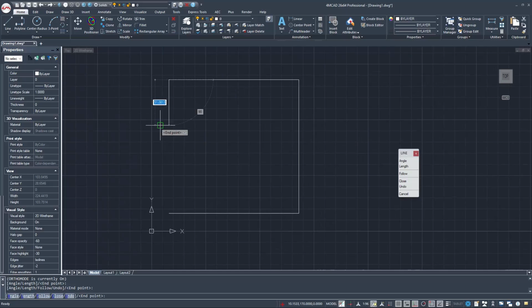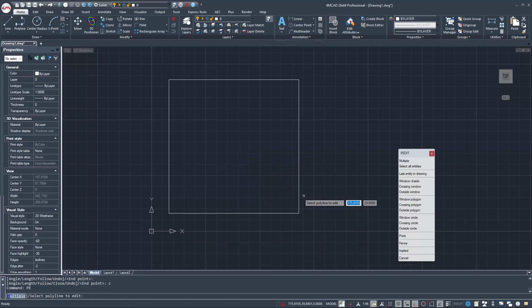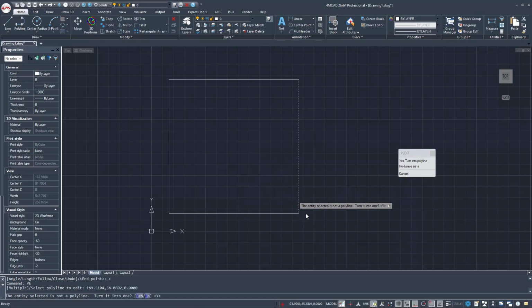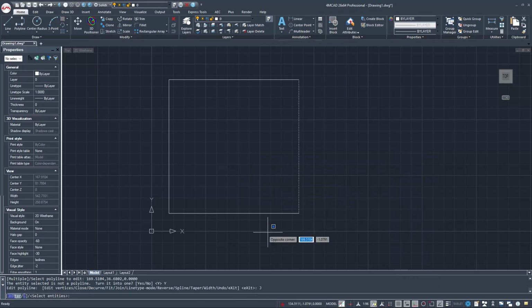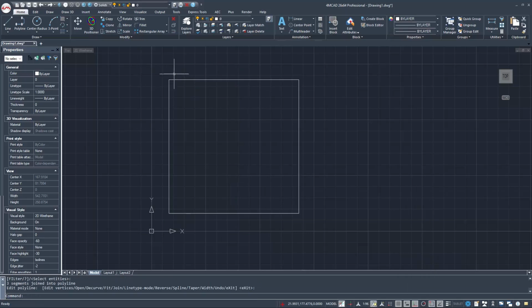At this stage, the geometry still consists of 4 separate line entities. While this is fine for drafting, 3D operations work more efficiently with connected profiles. So the next step is to convert these individual lines into a single polyline. By joining them together, we create one continuous closed boundary that can later be used for extrusion and other solid